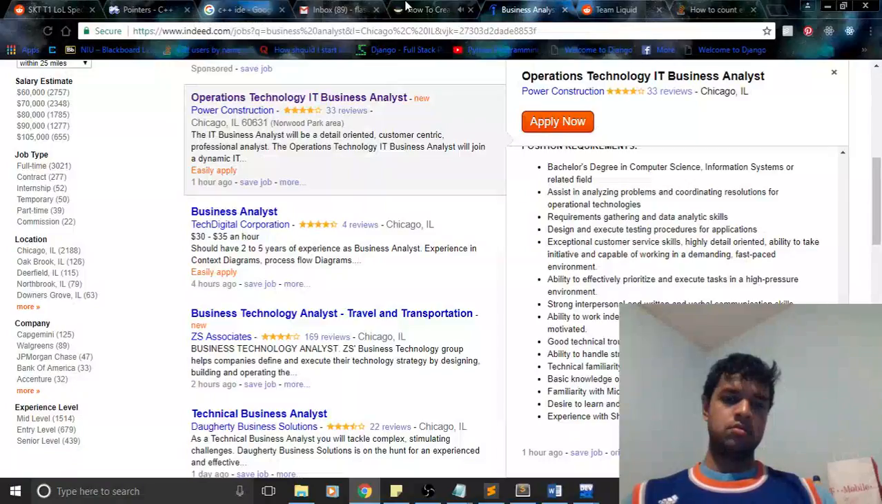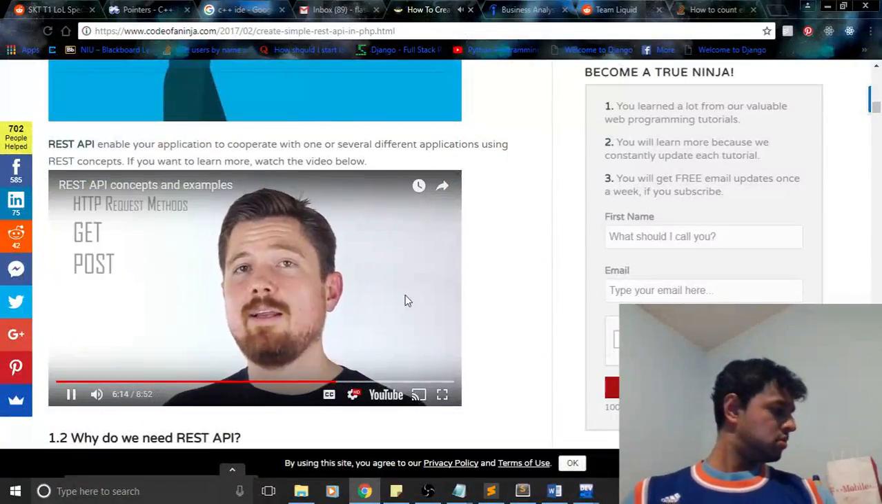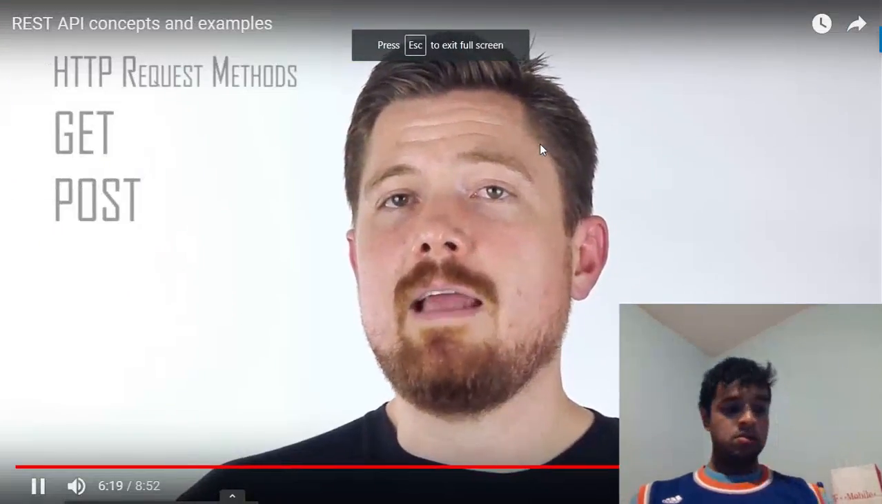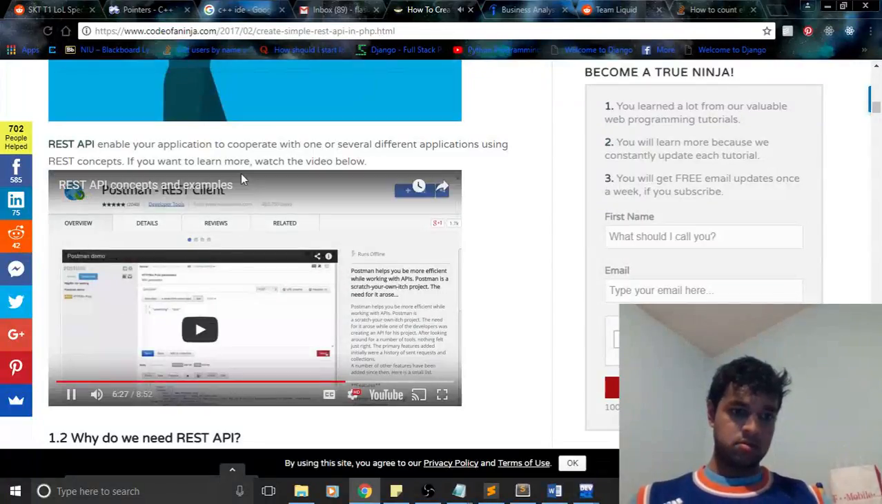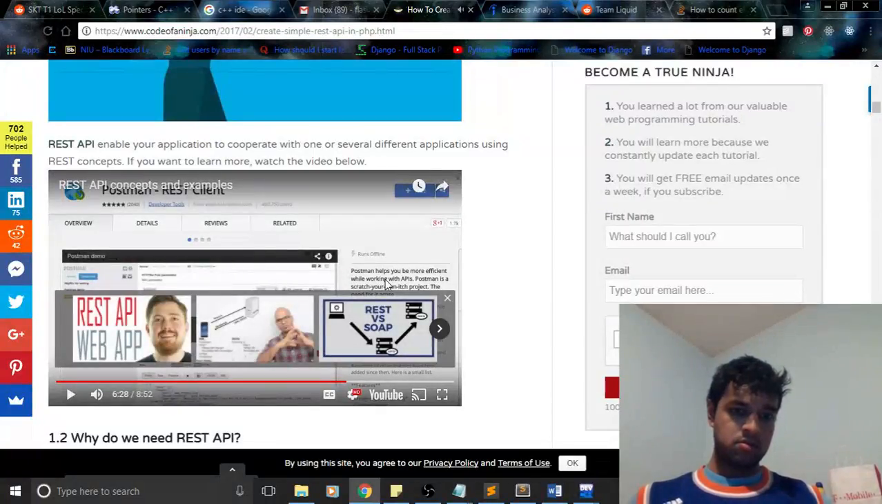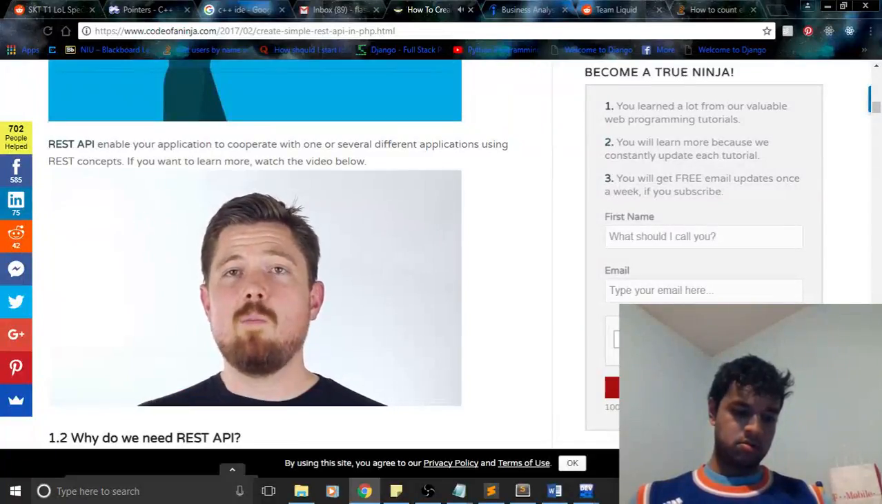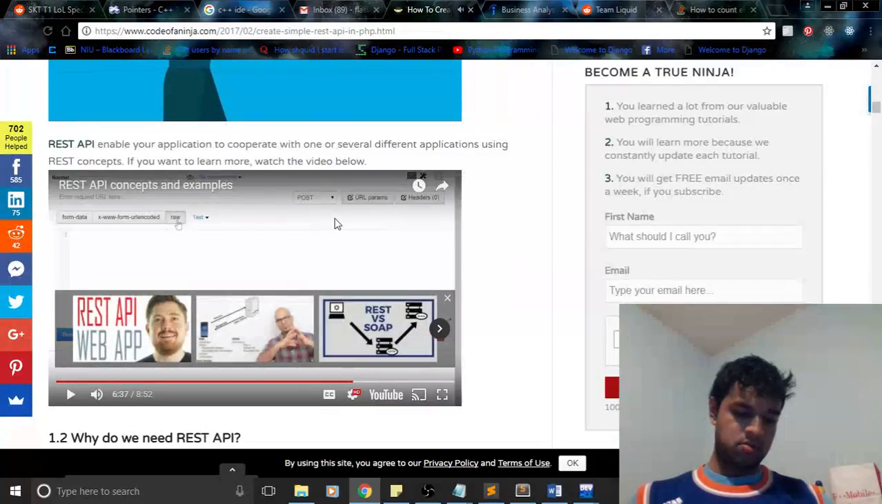Now, a normal web browser doesn't allow you to put data in the body of a request, but what you can do is install this handy extension called Postman REST client. The nice thing about working with Postman is you can make more complex API requests. For example, you can choose any one of the available HTTP request methods, and you can see a list of